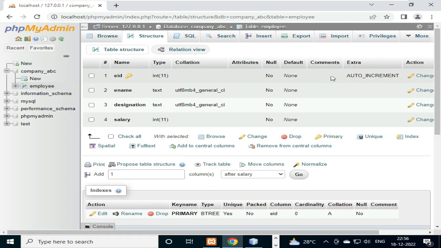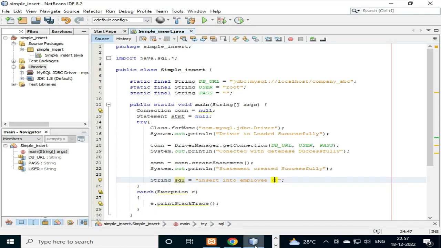Employee ID is auto incremented, and for the rest of the fields we need to specify values. First one is e-name, second one is designation, and then salary. So we have to specify over here e-name, then designation,